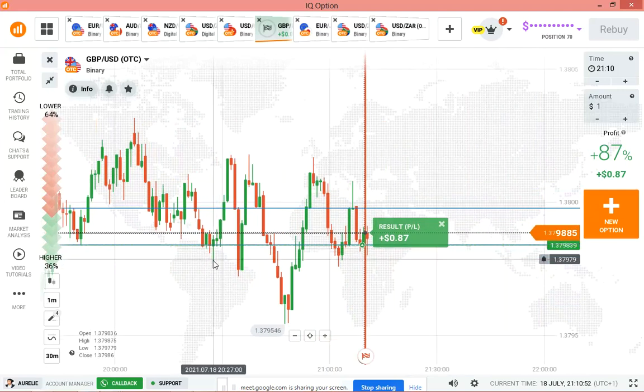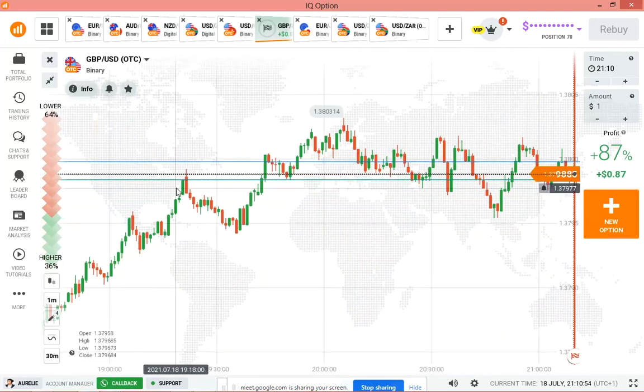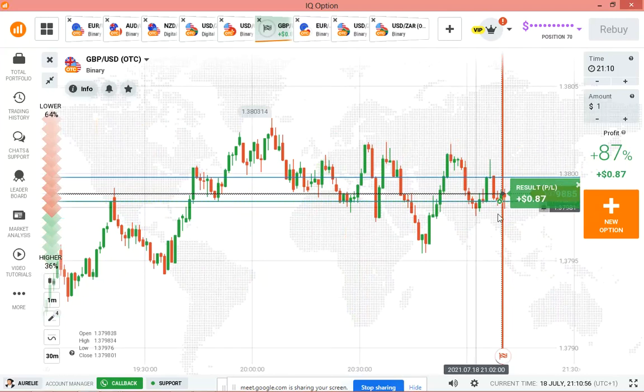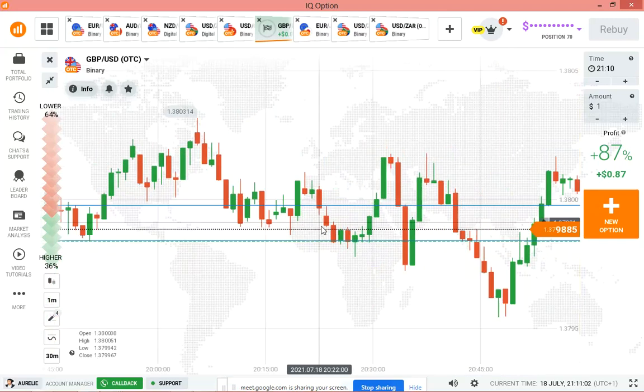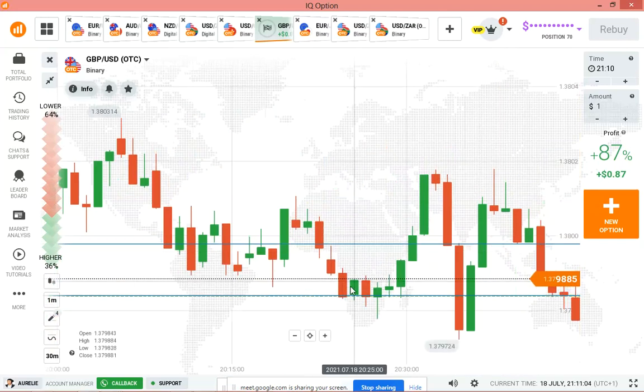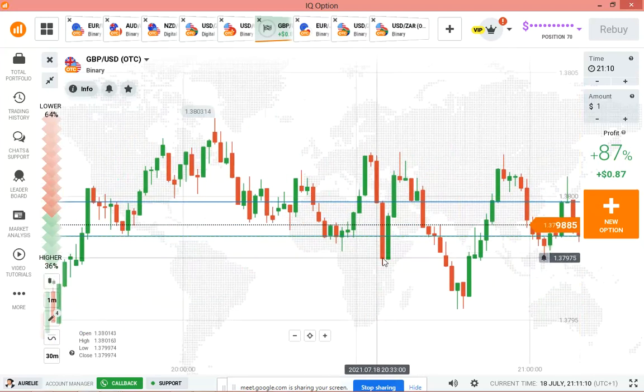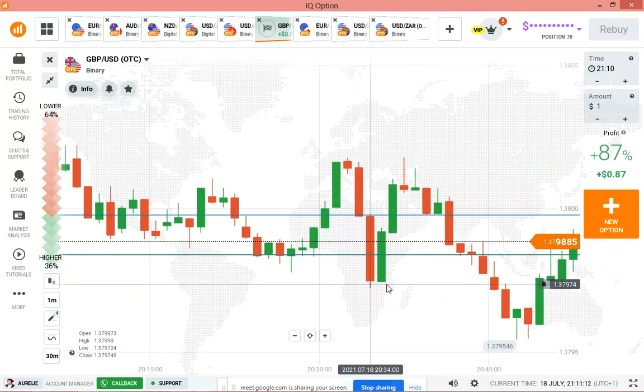But it appears at the reversal zone. So many reversals occur here. Once the price touches the reversal zone, the market will just reverse up and down, up and down. Like now, you see here green, red changes to green, and again green changes to red, changes to green. So that is a reversal zone. This one is also a reversal, but it's not a zone, it's a reversal level.